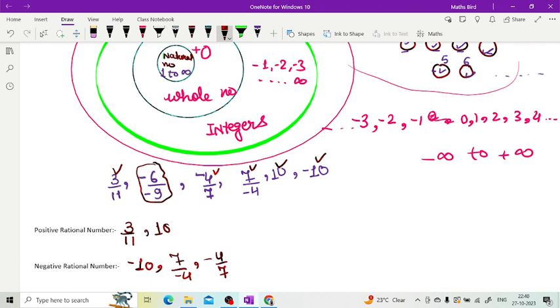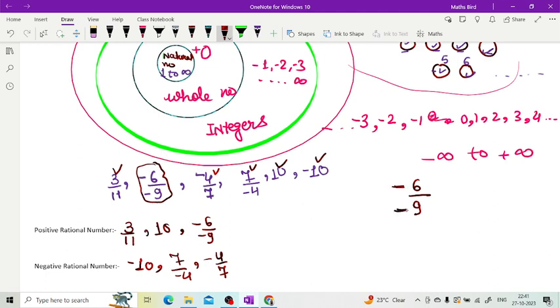Here both are minus, so what will we say? I am saying this is a positive rational number. Now you will say, ma'am, this is not correct, na? Firstly, you told me if the minus sign is there, then it will be a negative rational number. So here 2 minus signs are there, na? Definitely it is minus. It should be a negative rational number. Wait, this is minus 6 by minus 9. It will be positive. Why?